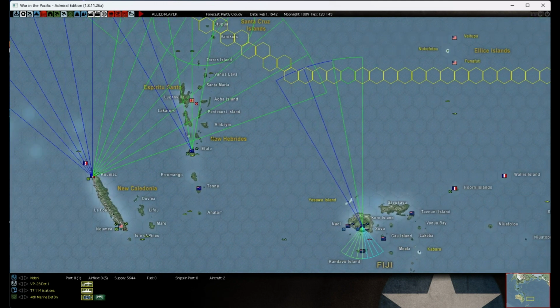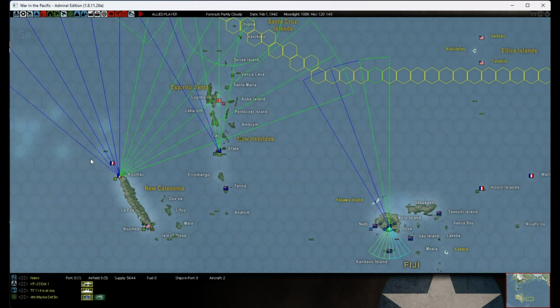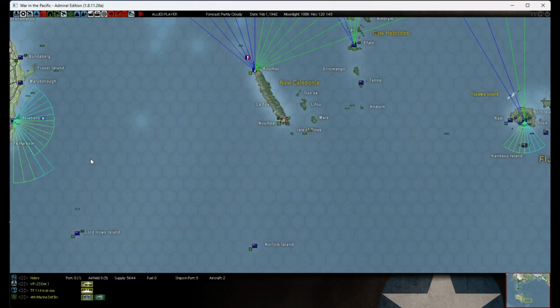Anyway, again, speaking of, I got all four of my carriers here. The idea is to cover the landing, but from a safe distance back here. So if his KB comes in from the north, hopefully I can slink away. I don't know. We'll see. It's just that right now KB is too strong to face off. So with that said,